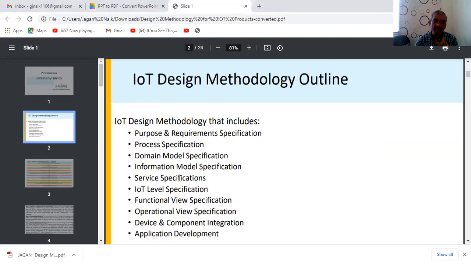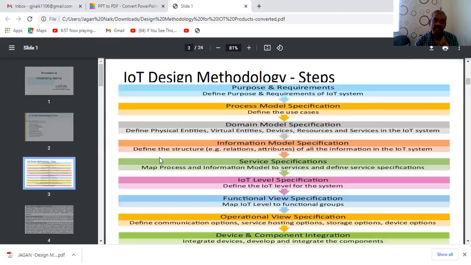Here we are choosing how we are going to do the automation of a lighting system in a home using these steps. What exactly are the activities we are doing in these steps, that we are going to discuss under the design aspects, right?